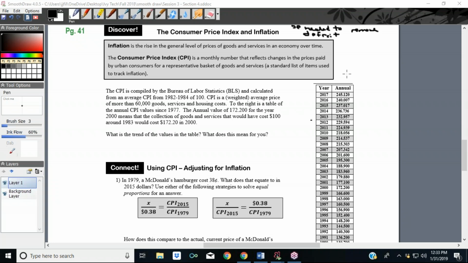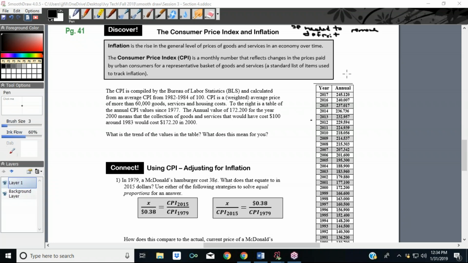CPI is a weighted average price, which we'll talk about next week. We'll talk about weighted averages of the price of more than 60,000 goods, services, and housing costs. To the right is a table of the annual CPI values since 1977. The annual value of 172.200 for the year 2000 means that the collection of goods and services that would have cost $100 around 1983